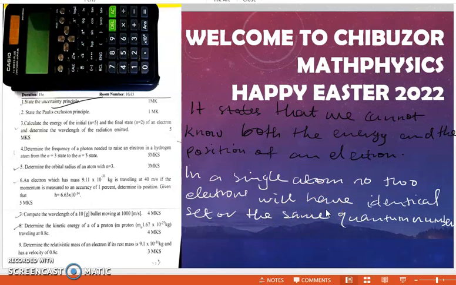So now we've covered the Pauli exclusion principle and the uncertainty principle, which states that we cannot know both the energy and the position of an electron. So let's now continue with question number 3, which is the computations on how to calculate the energy of the